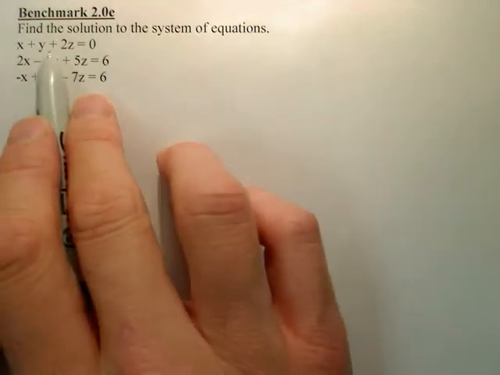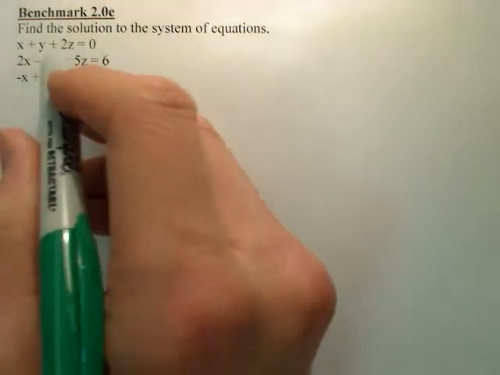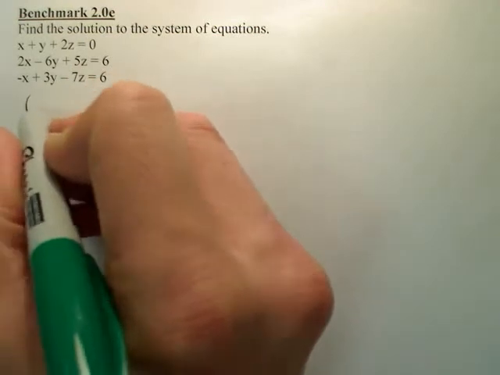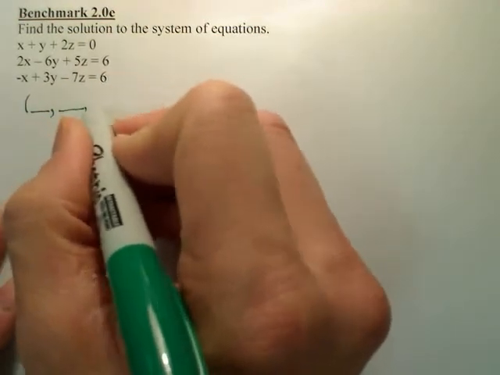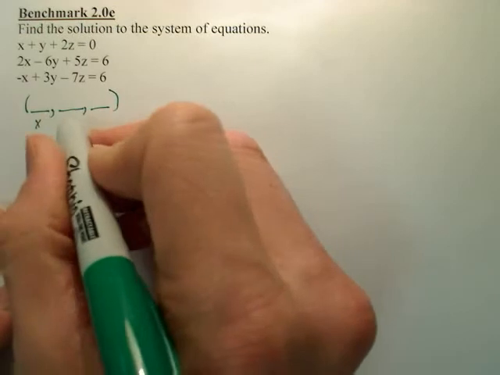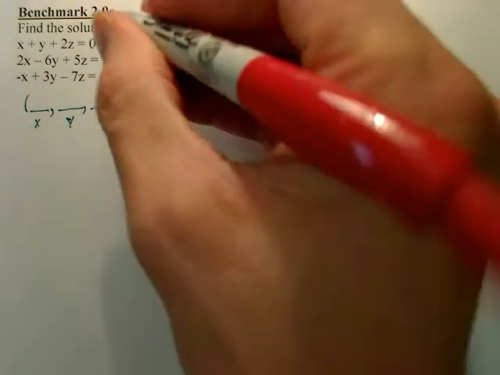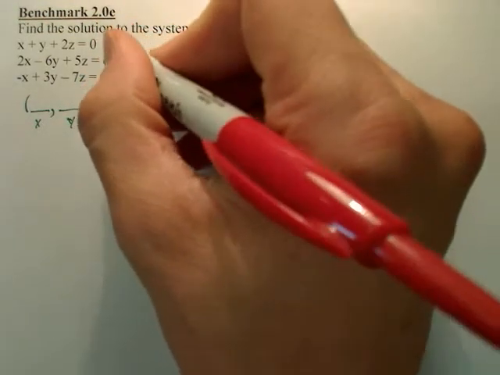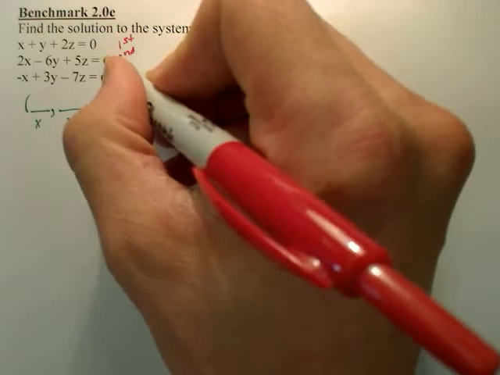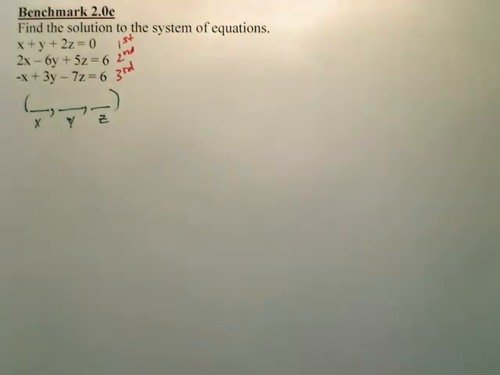For benchmark 2e, we want to solve this. And when we're solving an xyz equation like this, we're trying to find x, y, and z. In order to do that, my first step is I like to label each equation. I'm going to call this my first, my second, and my third. And once I do that, I simply want to make a fourth and fifth equation by getting rid of a